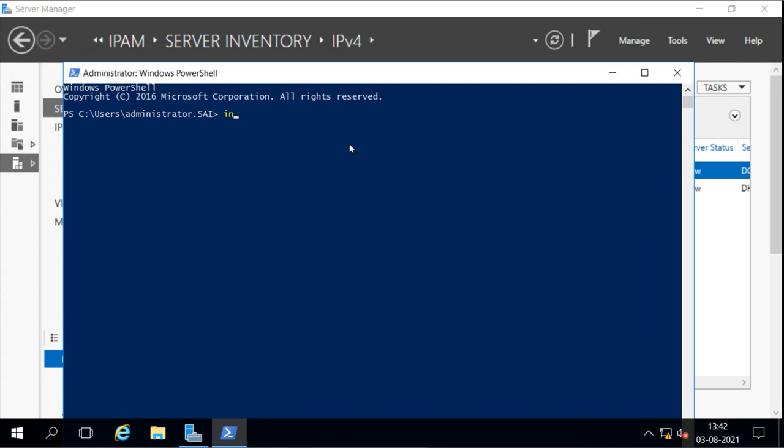I will run Invoke-IpamGpoProvisioning, the domain name, then the GPO prefix is IPAM, then the FQDN for the IPAM server is server2.sai.com, and the delegated administrator user is administrator.